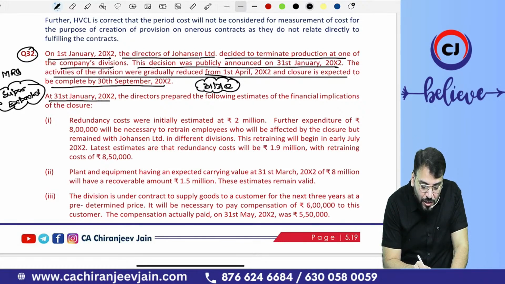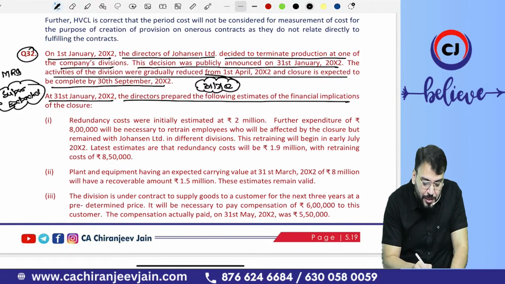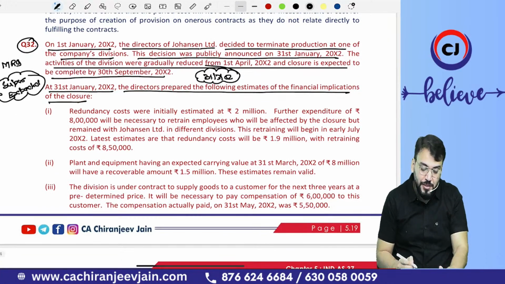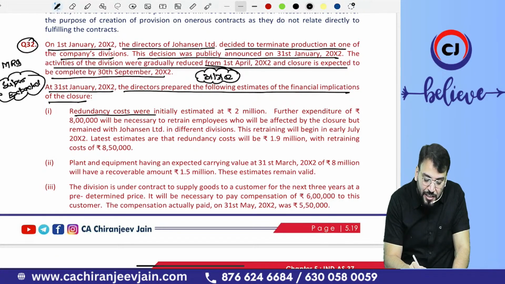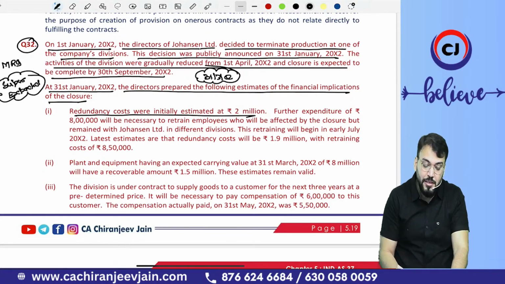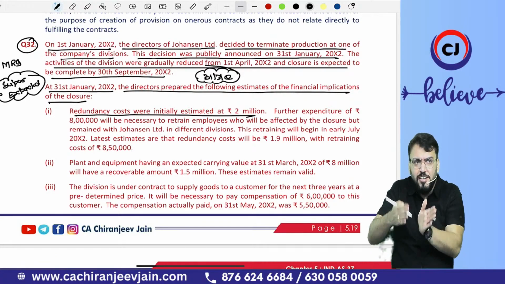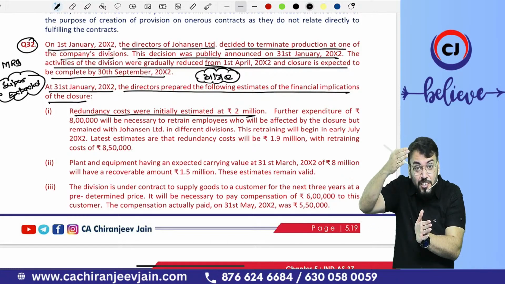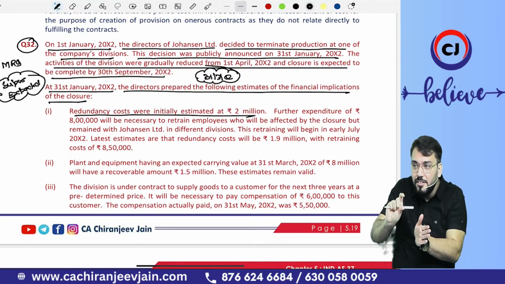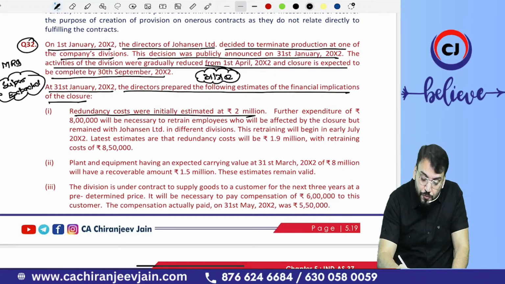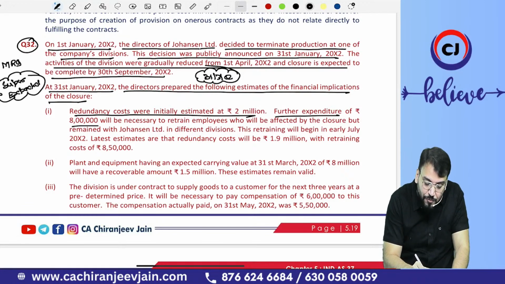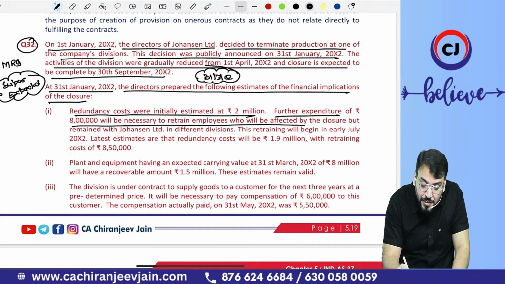At 31st Jan 2002, the directors prepared the following estimate of the financial implication of the closure. Redundancy costs were initially estimated at 2 million. Redundancy cost means restructuring cost. Redundancy means when we are reducing something. Further expenditure of 8 lakh will be necessary to retrain employees